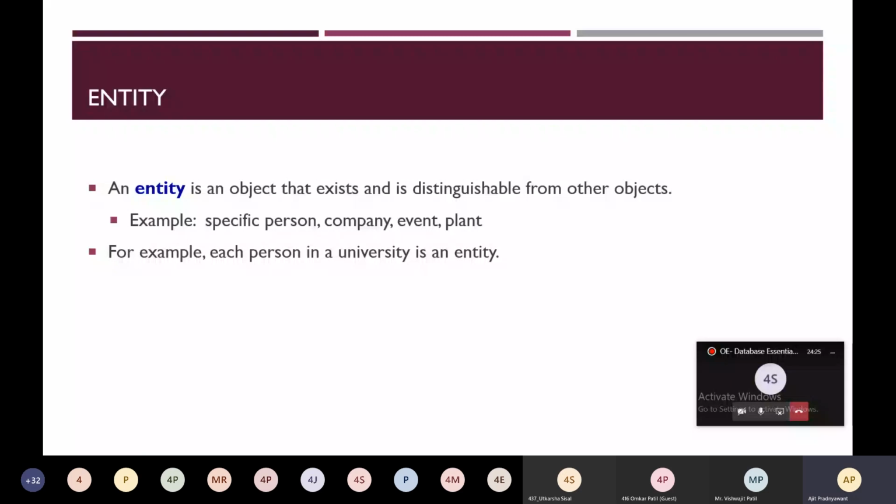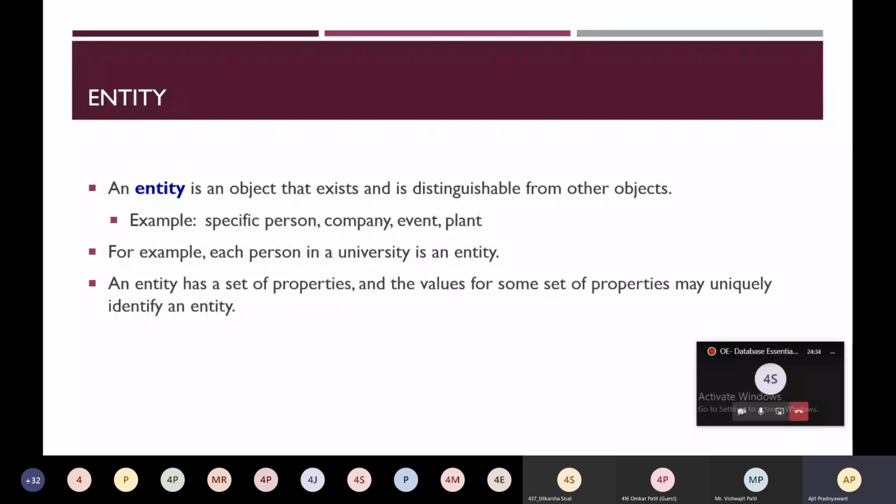So that entity has a set of properties, and the values for some set of properties may uniquely identify an entity. A particular entity has its own properties. Those properties help us to identify that entity uniquely.